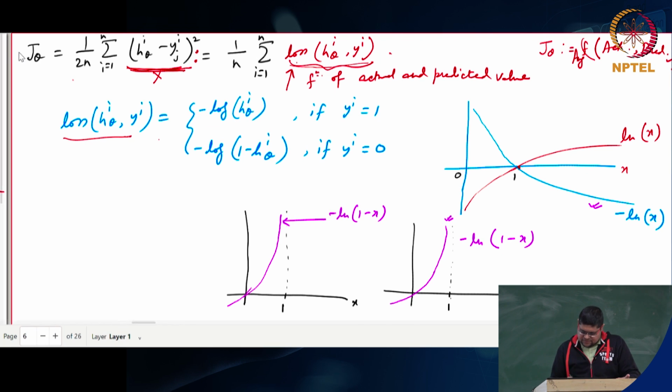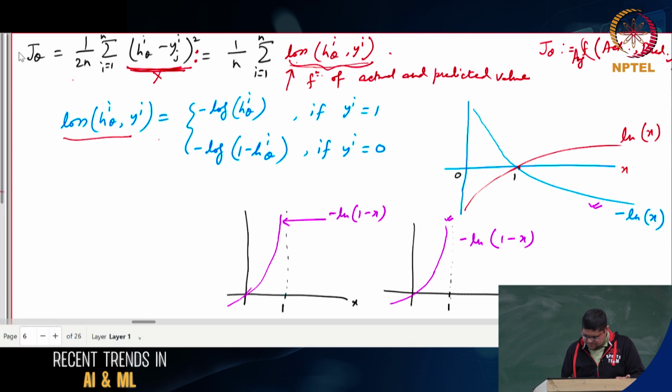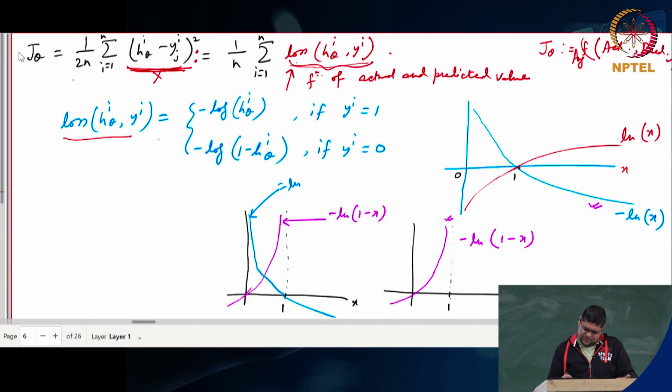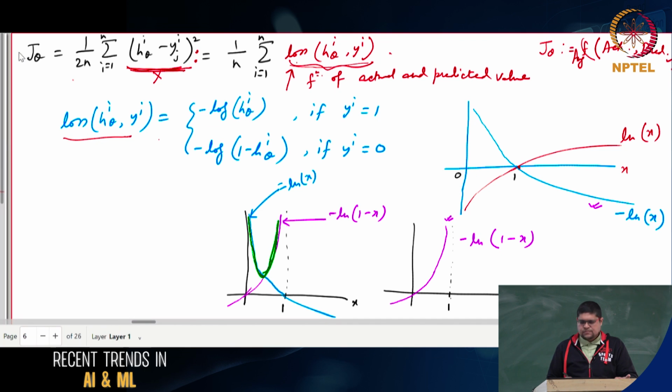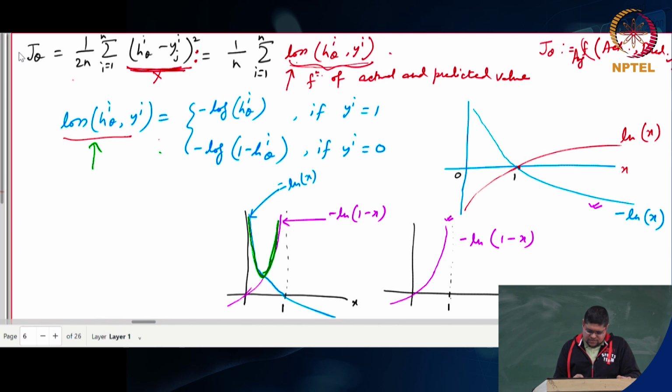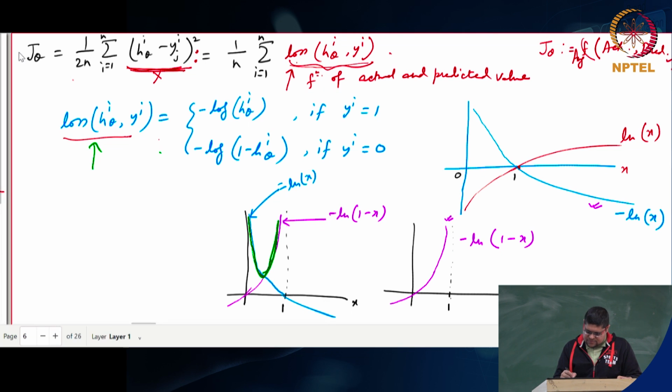And if I draw this line, this one is for minus ln x, right? So now if you look into this one, that was our objective, right? So now you got the reason why I am taking the loss function in this way. Now if I combine this into some concrete form,